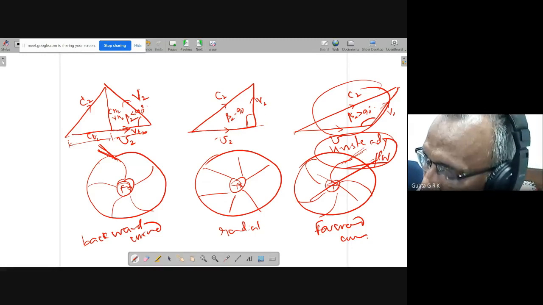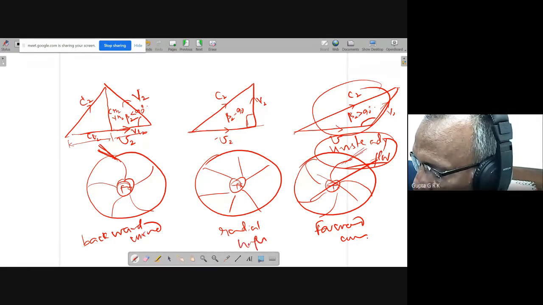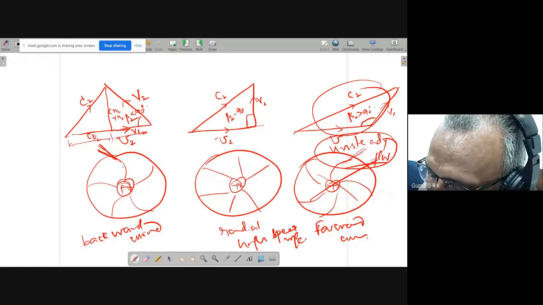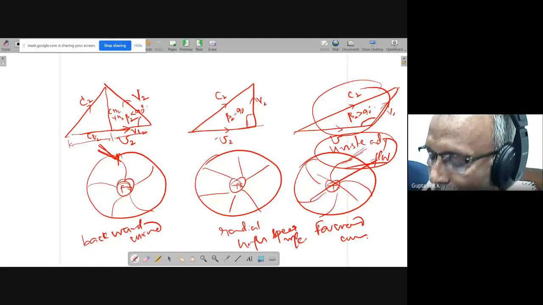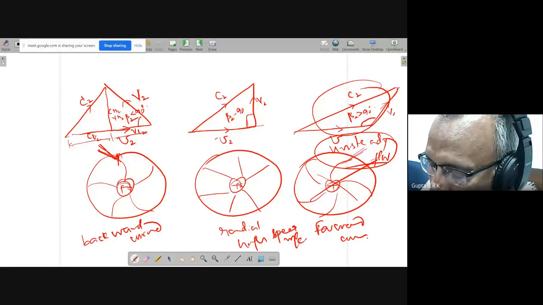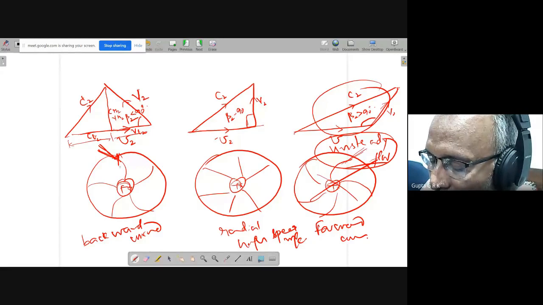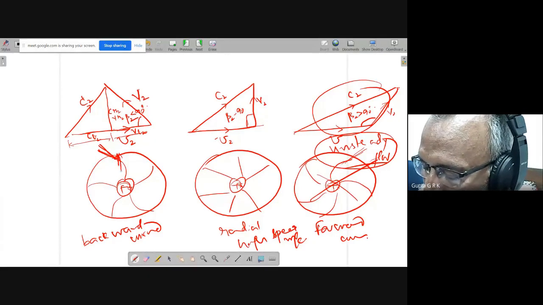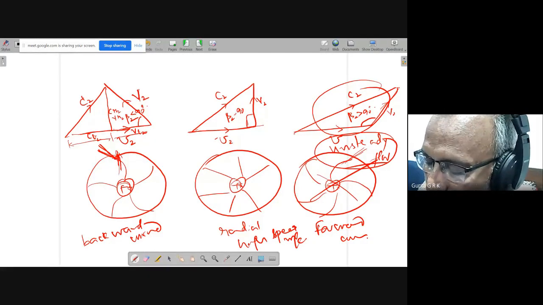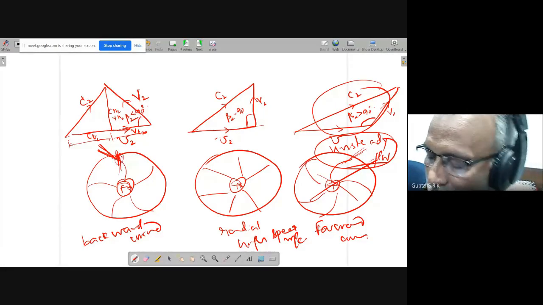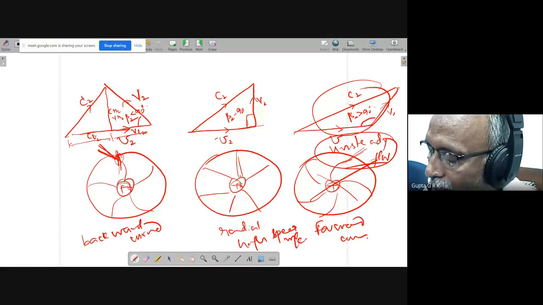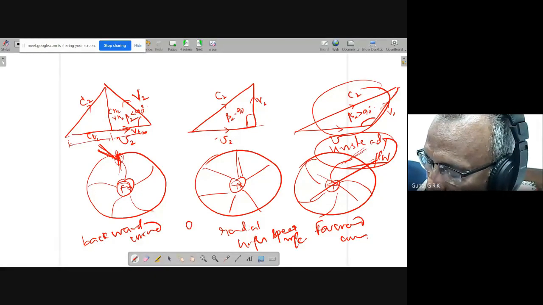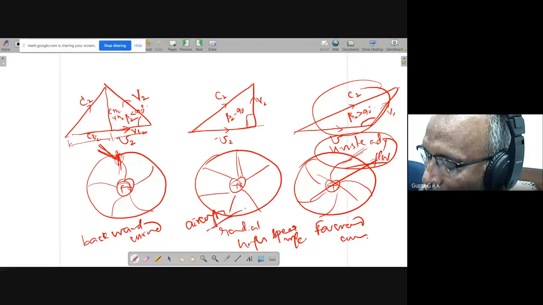And radial vanes are used for very high-speed machines. Because in low-speed machines, the centrifugal force will try to straighten the blade, and there will be large bending stresses, right? It is moving in the opposite direction, so it hits, and the centrifugal force which is trying to go radially out causes large bending stresses here. So for very high-speed engines, we use radial vanes. High speed is normally in aircraft. In aircraft, we use this.